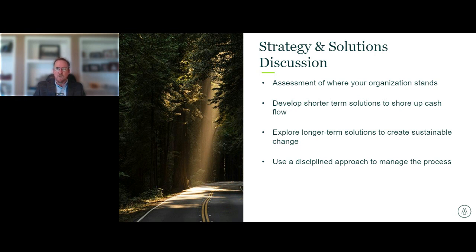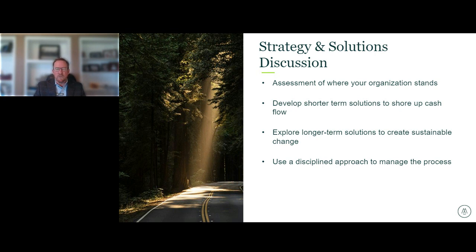So these are some bolder moves to really change the way organizations are doing business. And the way you start is by doing a detailed analysis of where you are. What are all the opportunities? What are those potential opportunities? And we'll talk through some examples. Also want to develop some short-term solutions that begin to drive change and perhaps identify short-term dollars to shore up cash flow. This is stopping waste once and for all that maybe was suspected but has historically been either okay or otherwise ignored. Some areas are more challenging than others, but you want to identify near-term and longer-term opportunities.